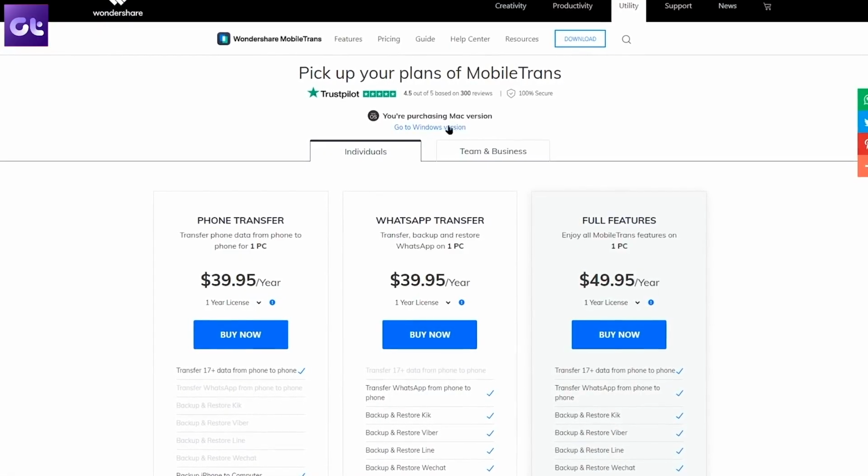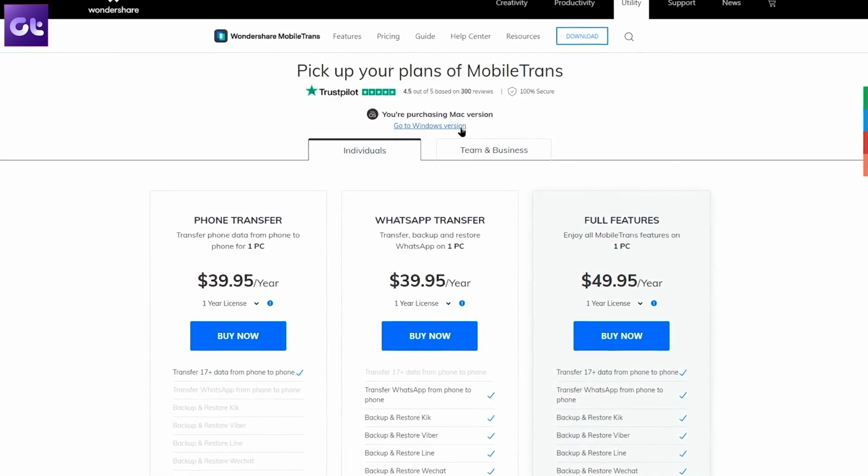Now another big advantage to using MobileTrans instead of using some other application is that all your data is transferred from one phone to another without using cloud. See, cloud, while it's good, obviously does have its disadvantages, and the encryption over there is not that strong, as you might have seen in the news quite often. I won't get into the depths of it, but the reality is that it's obviously going to be better transferring data offline than over the cloud. And that's where MobileTrans really shines.